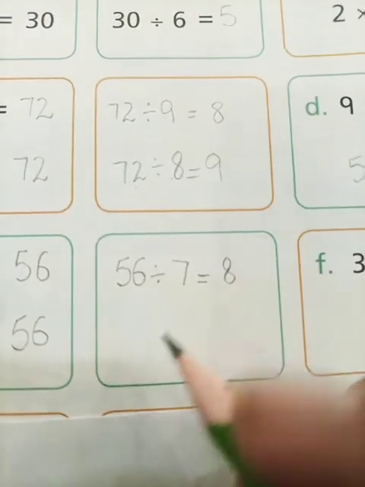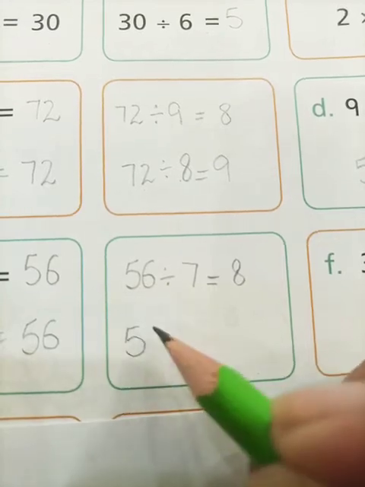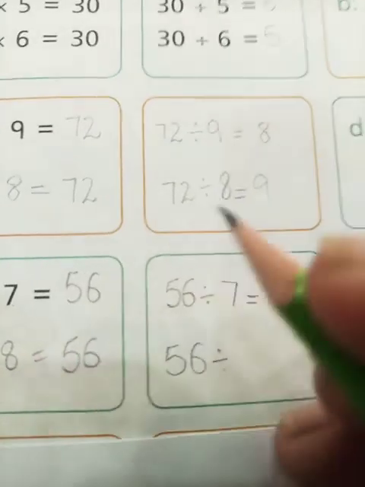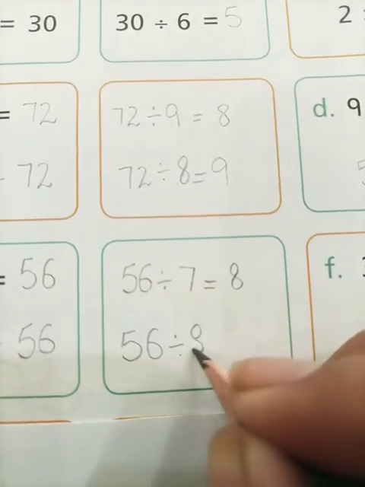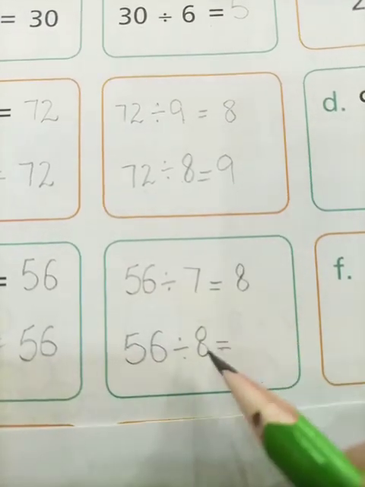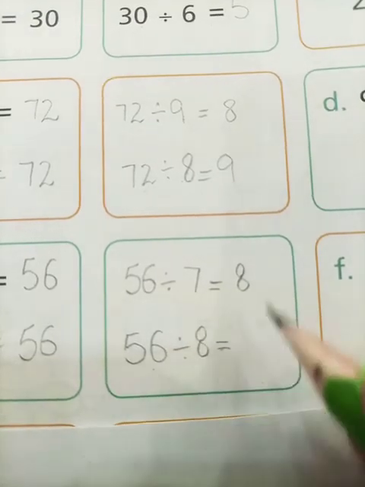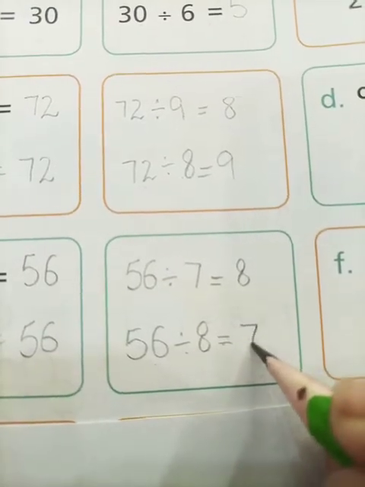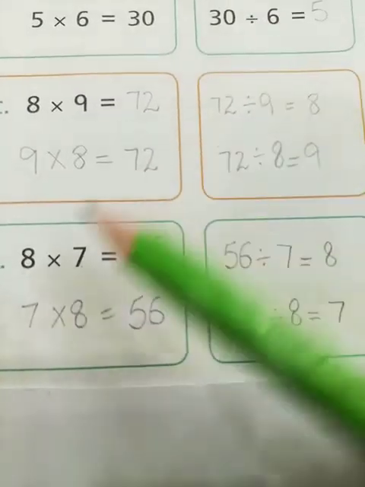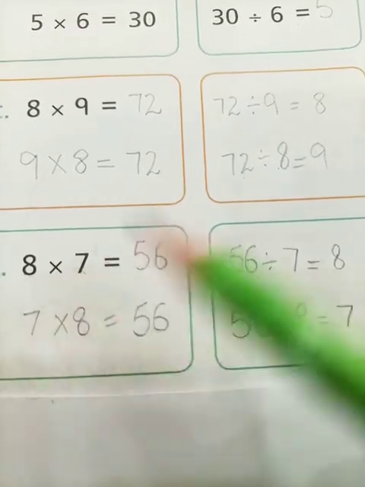Very good. Come towards the next point. Here we are going to divide our number 56 with our second number, that is 8. So students, 56 divided by 8, and our answer is 8. Yes, read the table of 8. 8 1s are 8, 8 2s are 16. Where we get 56? Tell me. Yes, on the number 7 we get the number 56. Now look students, here all of these are formed with only these two numbers.